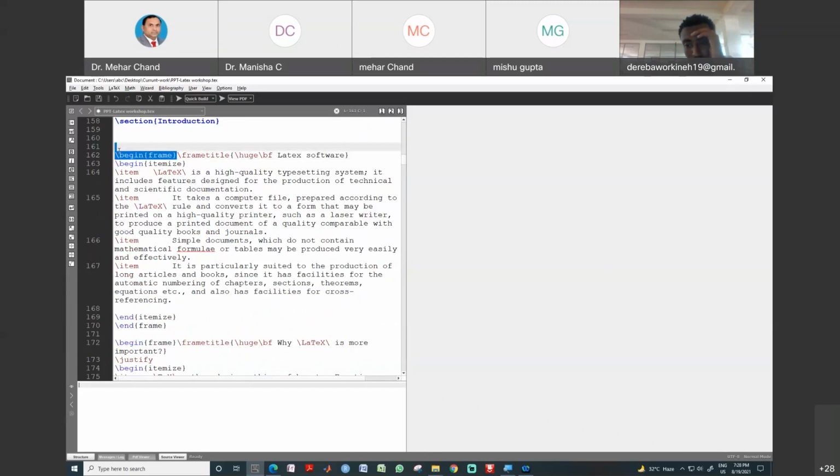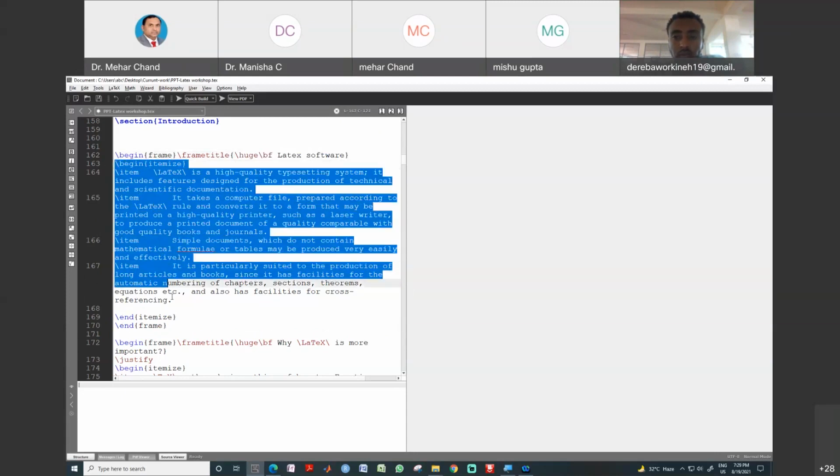See here, this is for one slide of the PPT, what we need: begin frame, and then end frame. The information about one slide will be in between begin frame and end frame. Okay, and this is the frame title. These begin itemize and end itemize we used in the previous discussion.